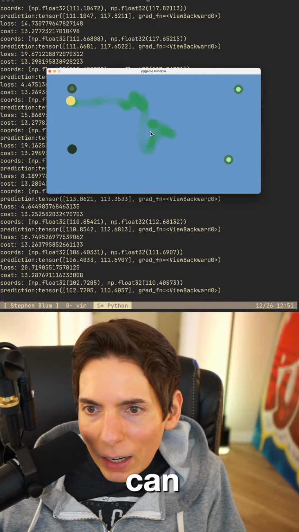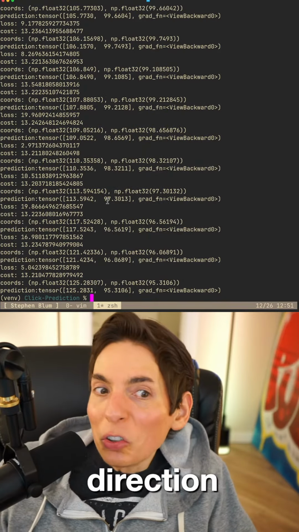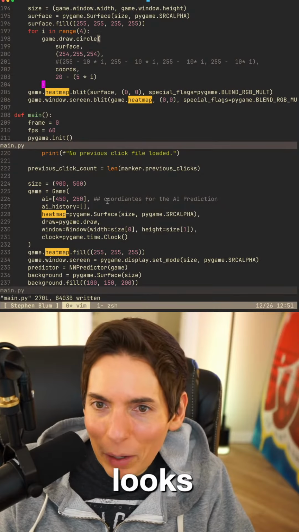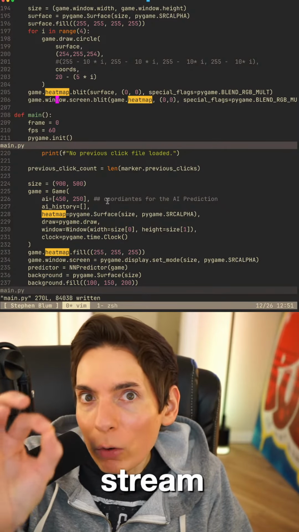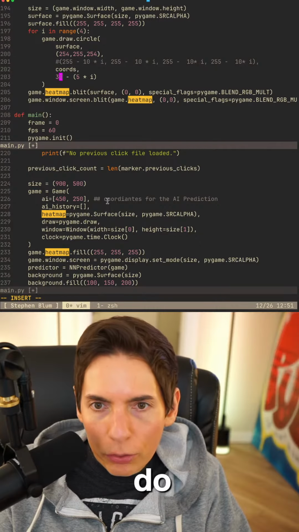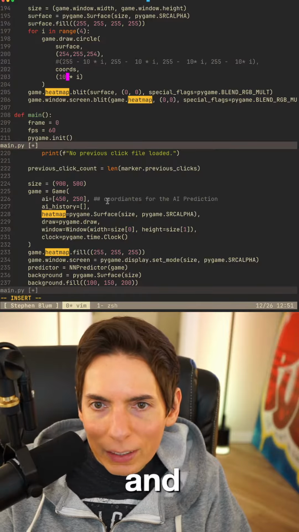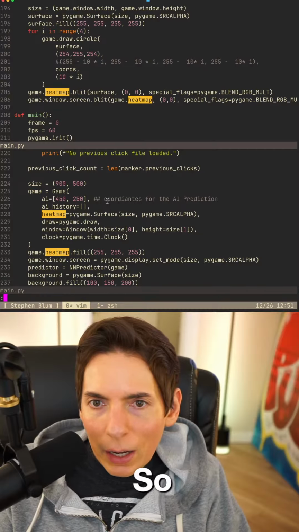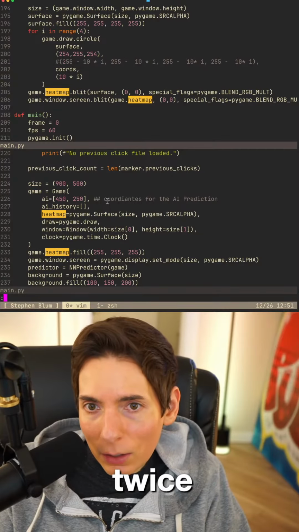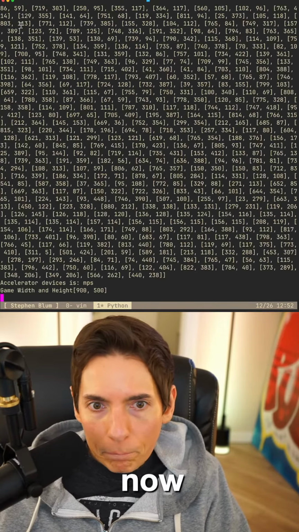So I can see it there. I need to go the opposite direction. It looks really cool. It looks like bubbles. It might not show up on stream very well, so let's make it bigger. Let's do bigger bubbles. So I'll do like 30. And we don't need to subtract. We'll just do i times, and we'll do like 10. So now it'll be twice as big, and it should go inward now.